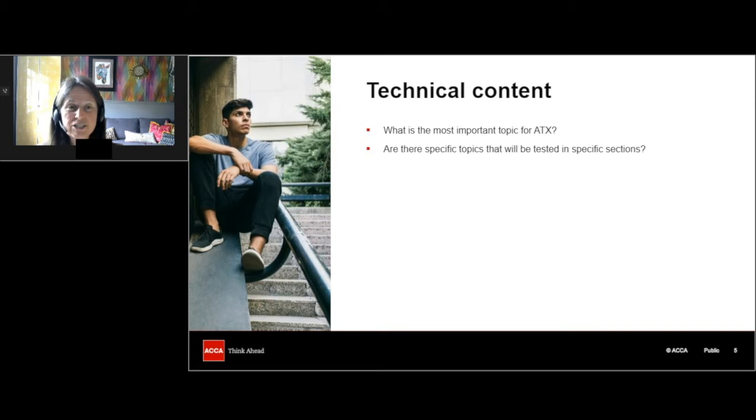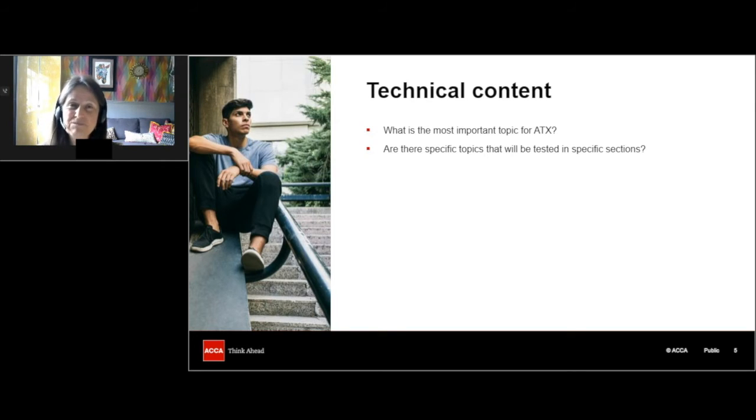And then we know that there are going to be 4 marks in this exam for professional skills. Some of you are probably aware that the professional skills marks are going to be increased and have already been increased for the other optional papers. But for the advanced tax exam, for the next 3 sittings, so that's September 22, December 22 and March 23, there will just be 4 professional skills marks. They will be increased, but that's not going to be until June 2023, which is when the exam will also move on to the new Finance Act.